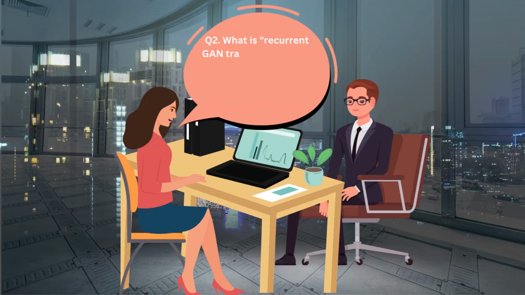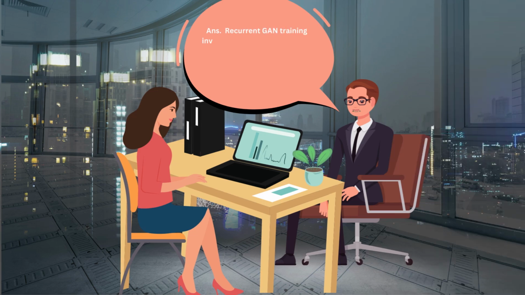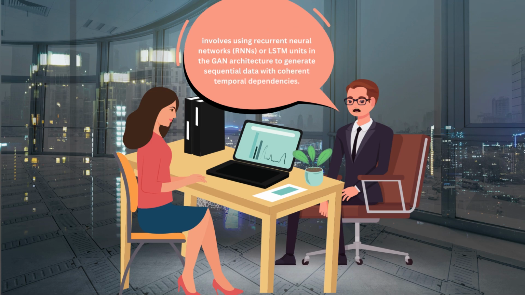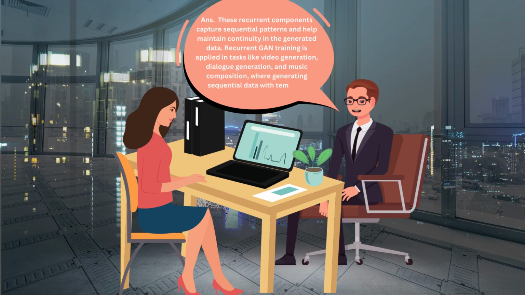What is recurrent GAN training, and how does it enable GANs to generate sequential data with coherent temporal dependencies? Recurrent GAN training involves using recurrent neural networks (RNNs) or LSTM units in the GAN architecture to generate sequential data with coherent temporal dependencies. These recurrent components capture sequential patterns and help maintain continuity in the generated data. Recurrent GAN training is applied in tasks like video generation, dialogue generation, and music composition, where generating sequential data with